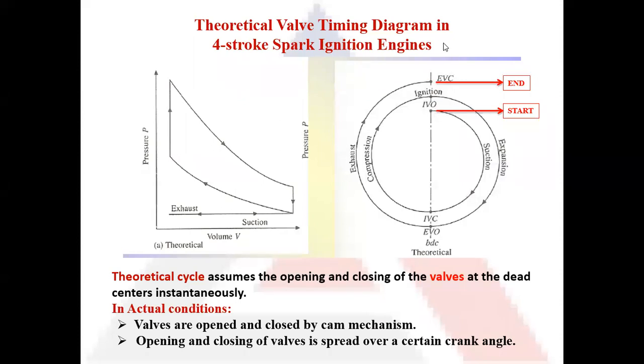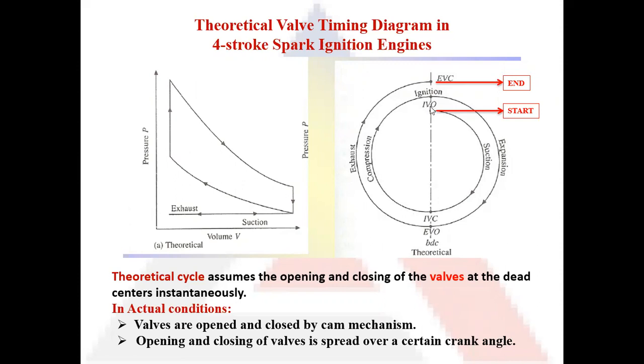So this on top is my top dead center, and this is my bottom dead center. Here it is written as BDC. From the center, everything in the upward direction is towards the top dead center, and from the center, everything at the bottom is towards the bottom dead center. So what is happening at the bottom dead center and what is happening at the top dead center? Where the cycle starts for a four-stroke petrol engine, it starts at the top dead center.